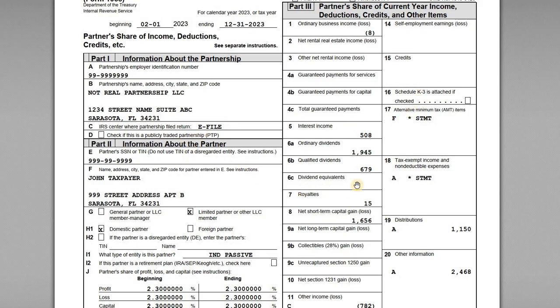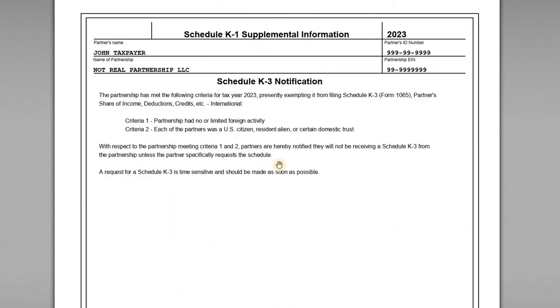In this example, the entity doesn't have any non-U.S. source income, no foreign taxes were paid, and all of the partners were domestic partners and no flow-through entities, right? So the partnership, if it meets these criteria, it is exempt from filing the Schedule K3 and exempt from filing the Schedule K2 with the